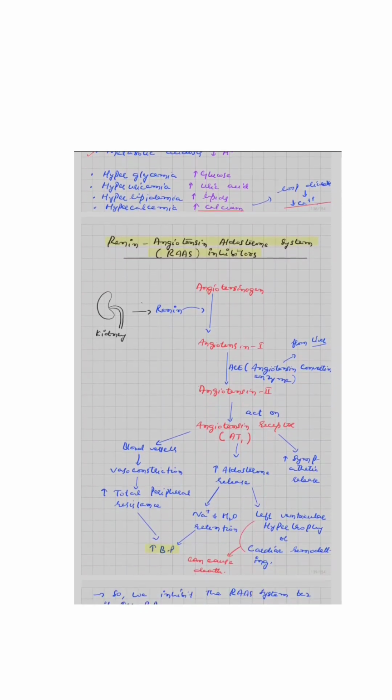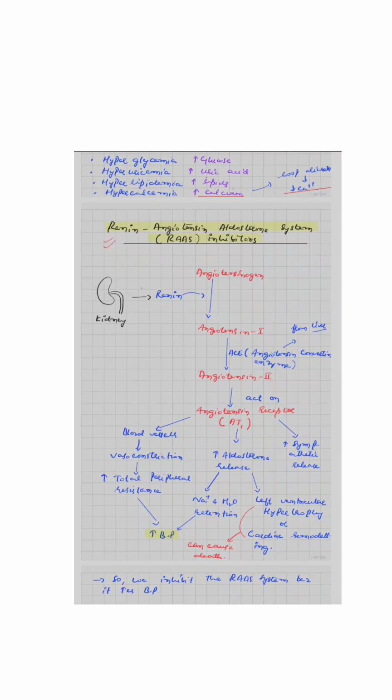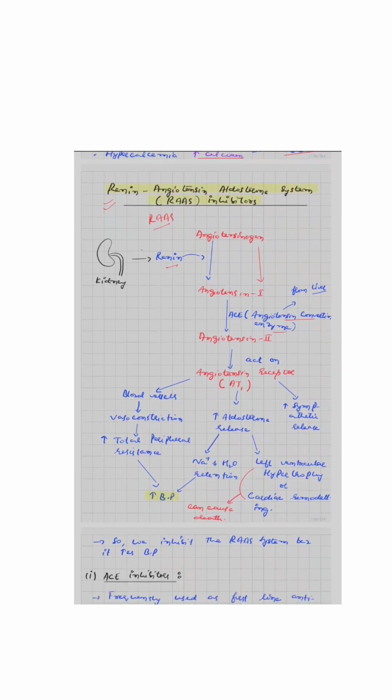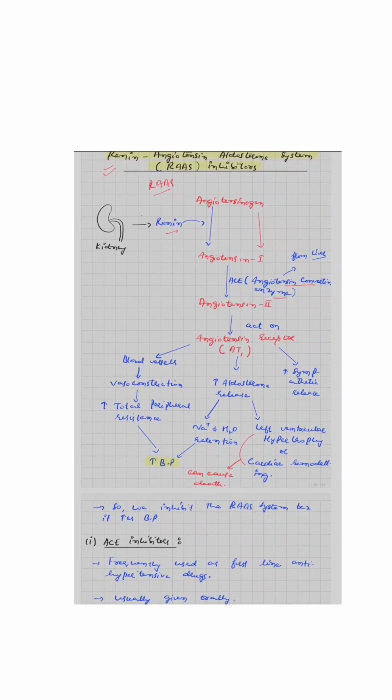Now we will discuss the renin-angiotensin-aldosterone system, RAAS inhibitors. Understanding the physiology of the RAAS system: kidneys secrete the hormone called renin, which helps in the conversion of angiotensinogen into angiotensin 1, and the ACE, angiotensin converting enzyme from the liver, converts angiotensin 1 to angiotensin 2, which acts on the angiotensin receptors, mainly